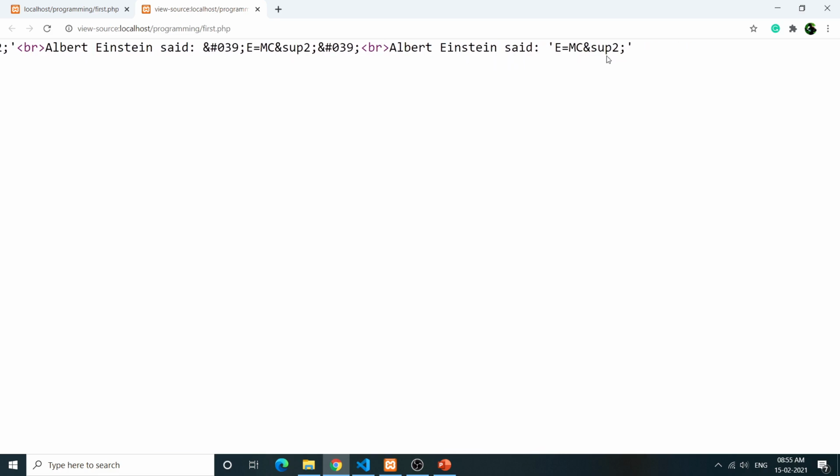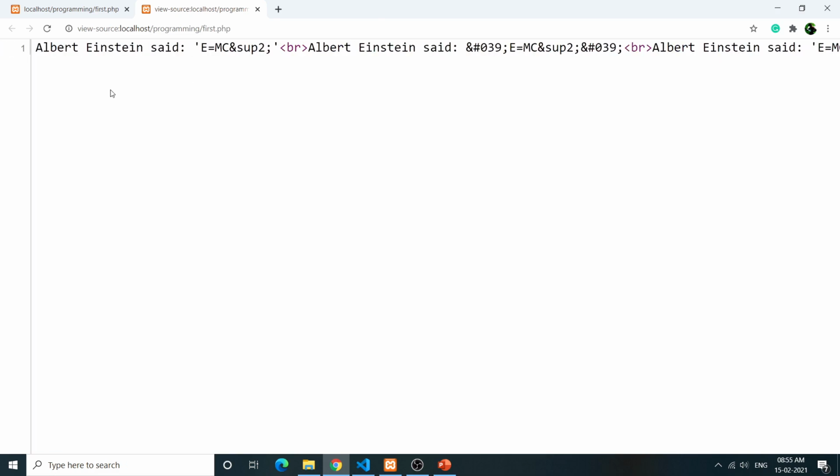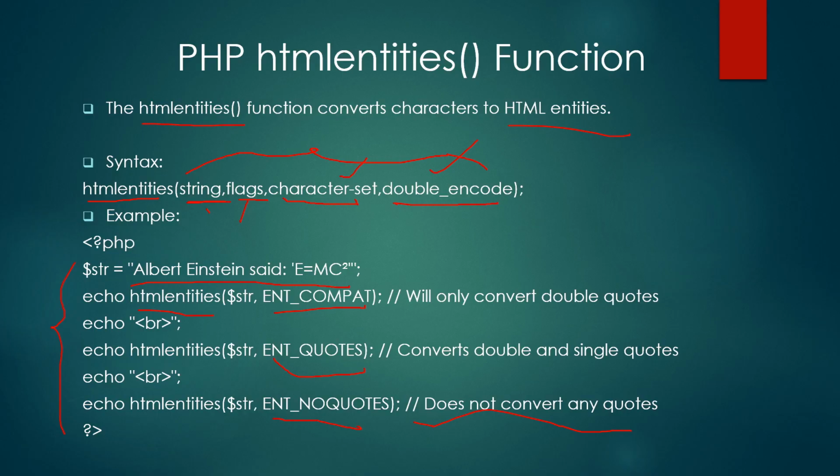As you can see, the normal characters are converted to HTML entities. So this is the way you can convert HTML entities to characters and characters to HTML entities using these two inbuilt